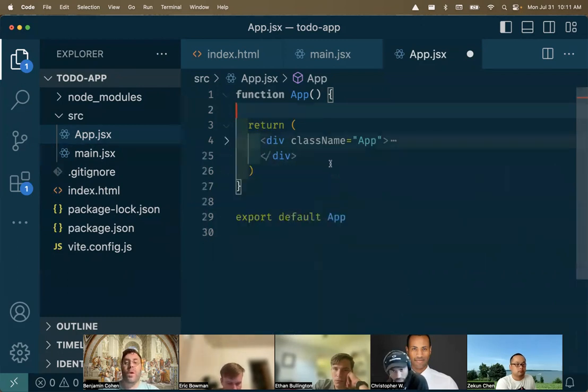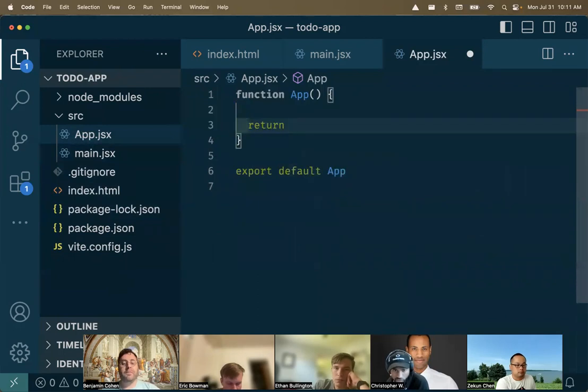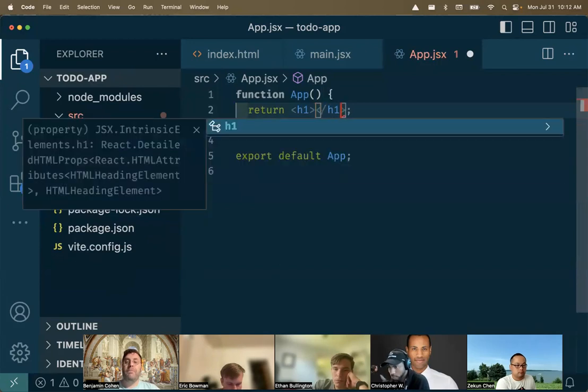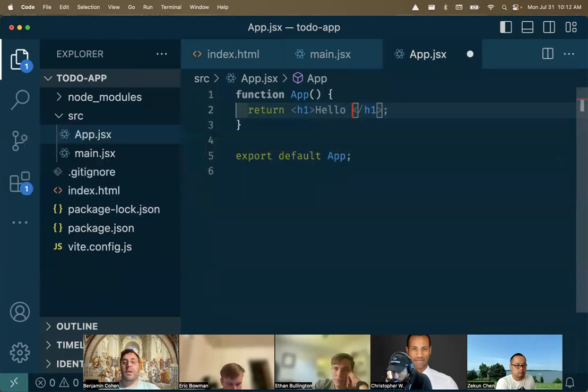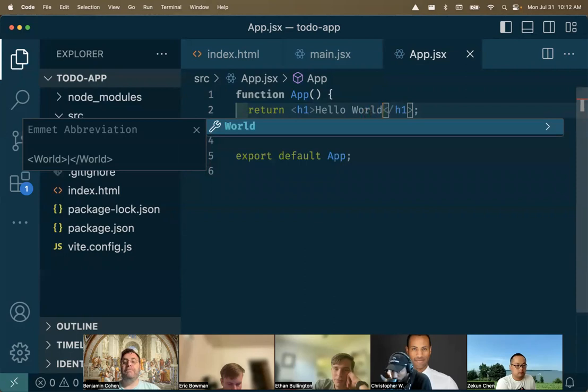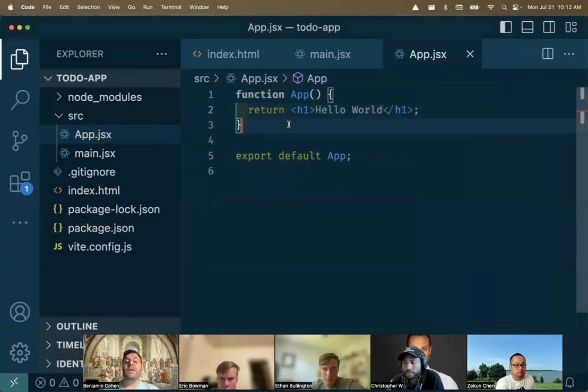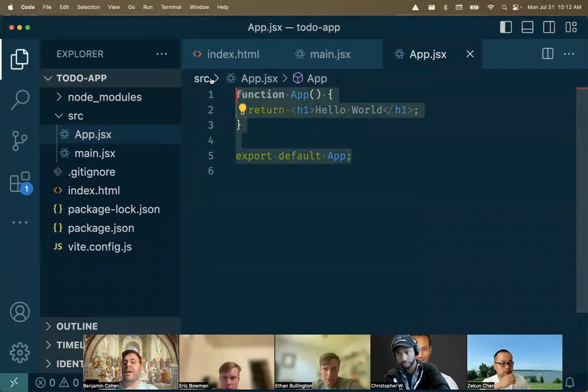But what I'm going to do is I'm going to take all of that out. Okay. And I'm going to return just something like h1 hello world. Now, if I go here, I have a basic working site. So that's how we go from vite to basic working site. Basically just delete a bunch of things and we run npm install and npm run dev. But that's why I want to work with the file I started with, or the example file I have, because this setup phase can take a minute. Okay,